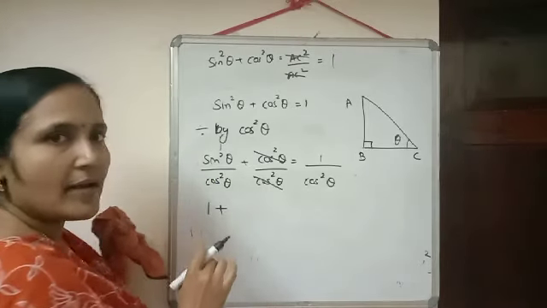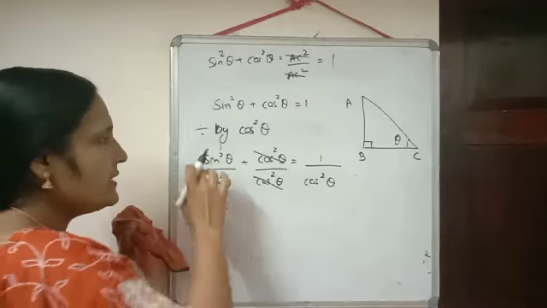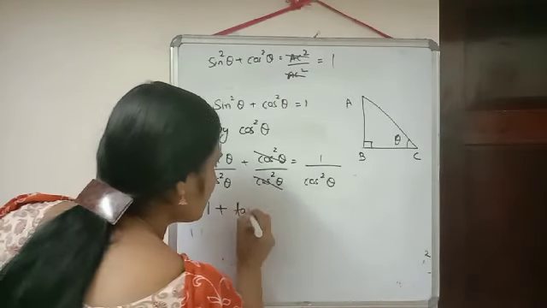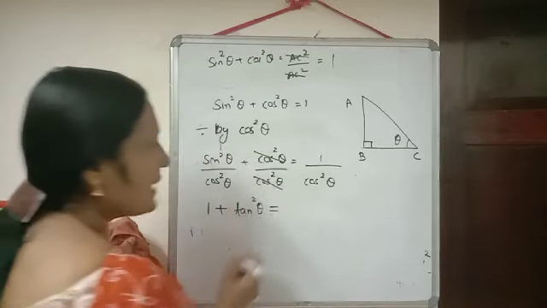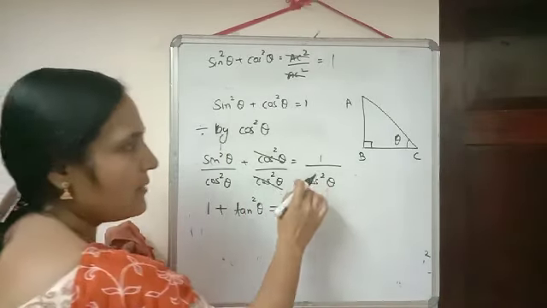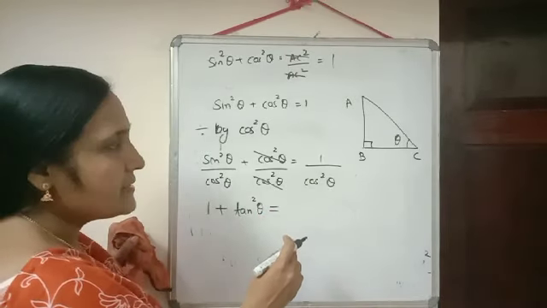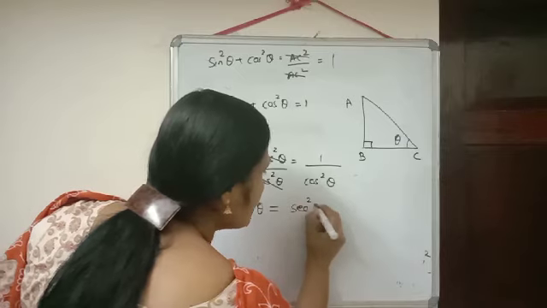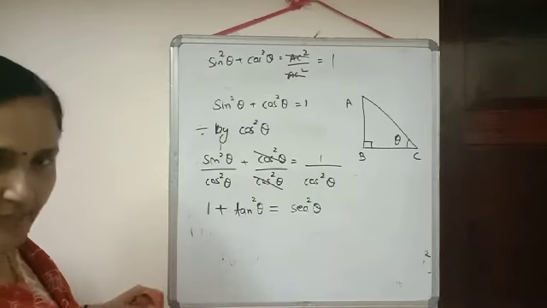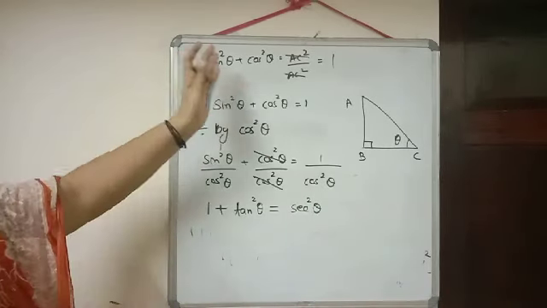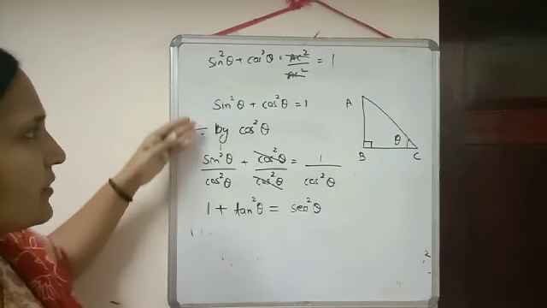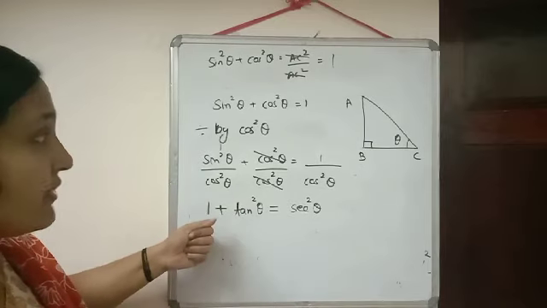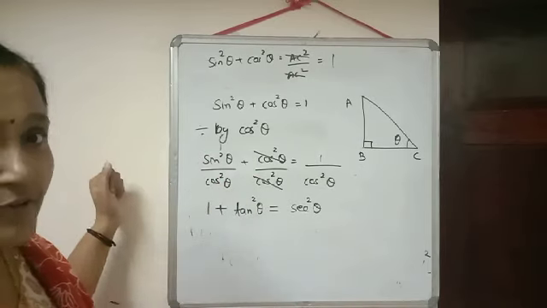So in place of that we can write 1. What is sin theta by cos theta? Yes, sin theta by cos theta is tan theta. So sin square theta by cos square theta is tan square theta, and 1 by cos square theta, the reciprocal of cos theta being sec theta, is sec square theta. To get the second identity, either you can use the concept of Pythagoras theorem or you can use it this way also. The calculation will be easy if you know all the formulas of trigonometry.